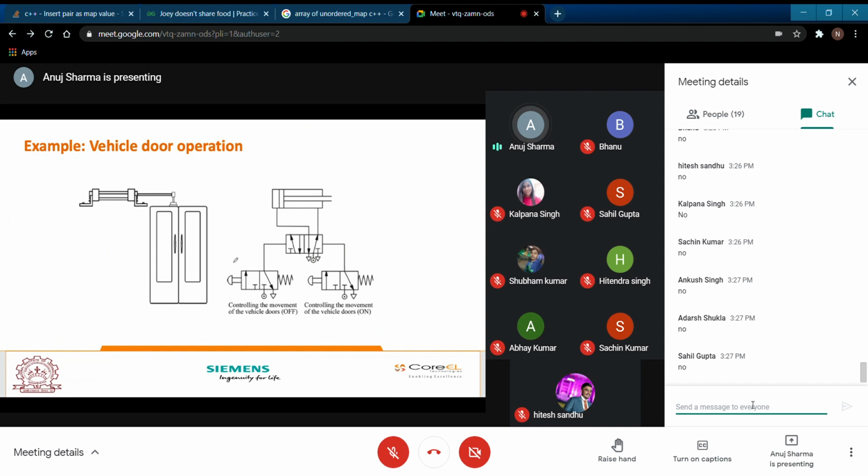When you are pressing it as 1, so now you know that when your door is moving from left to right, the cylinder will be extended, and your door is going to get closed.